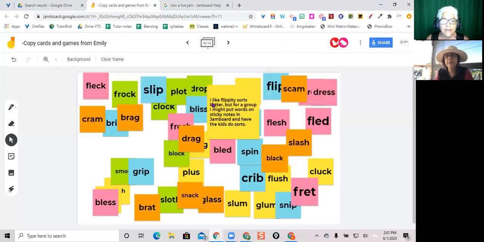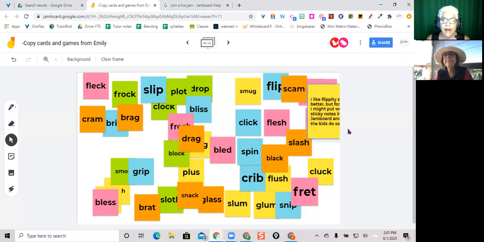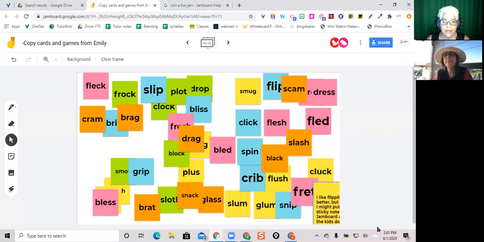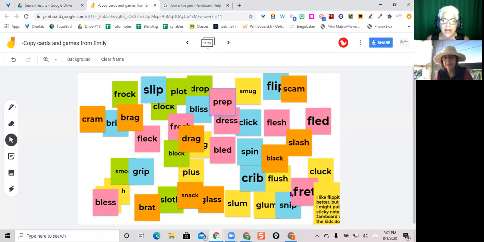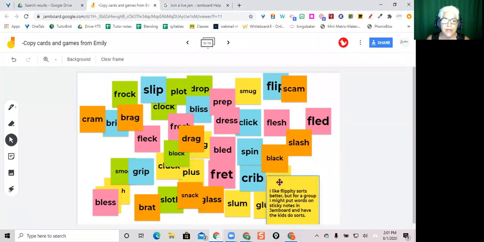All right, so here on page 12, I put in a bunch of sticky notes, and these happen to be blends. Now, I like to do sorts in Flippity better than in Jam, but if I'm doing other activities in Jam, I might do sorts or whatever here too. And we can read words, we can move words. The other thing we do is we might play a little game. I might have several students come into this one frame. I'll move things out of the way here. And I'll say, okay, everybody,